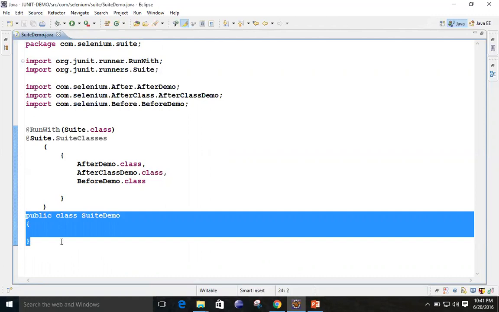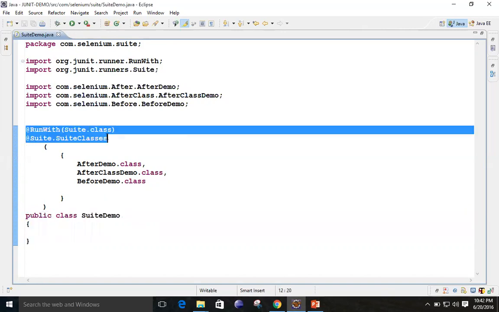If you write over here, it will execute from here. This test suite has been designed to run test classes or cases which are present at different locations. So this is the standard syntax for creating the test suites.